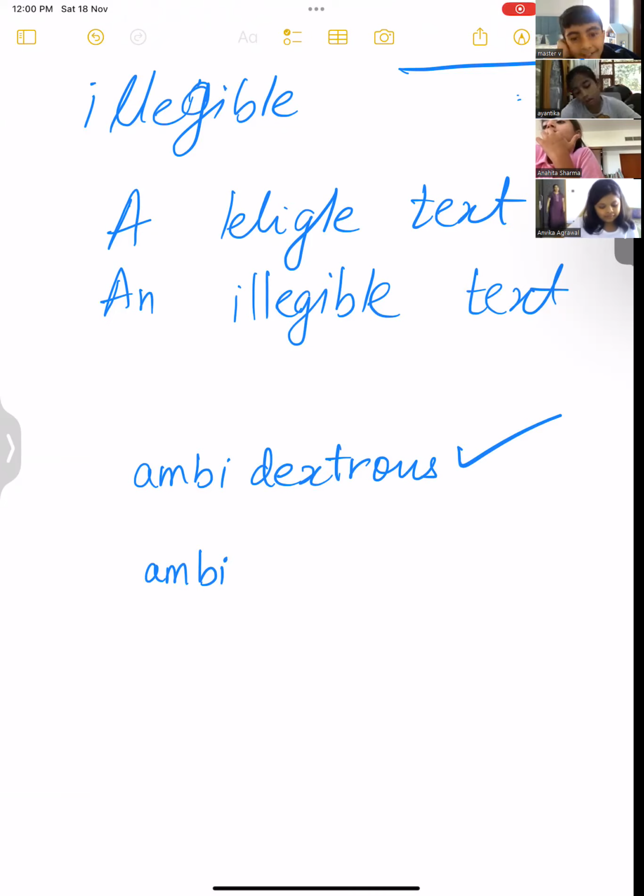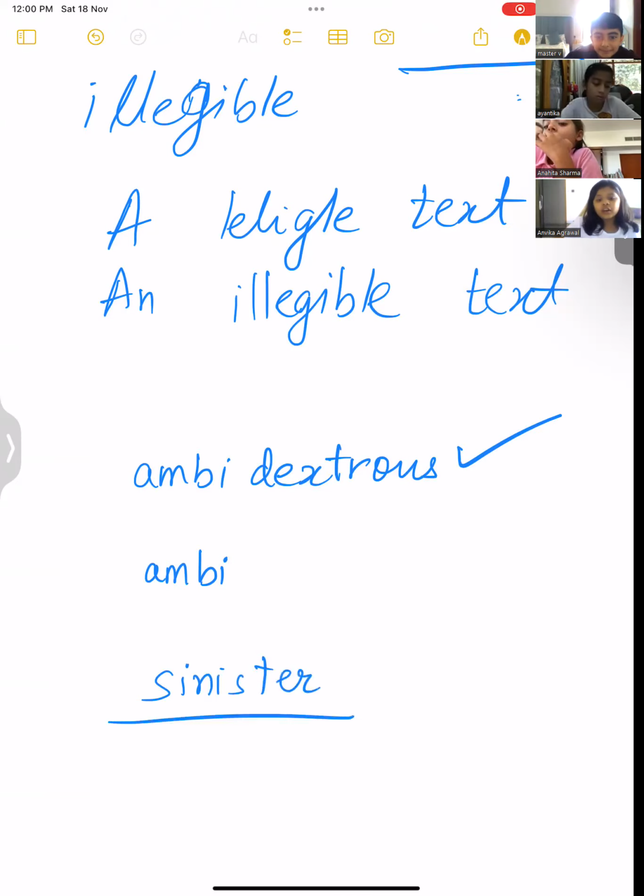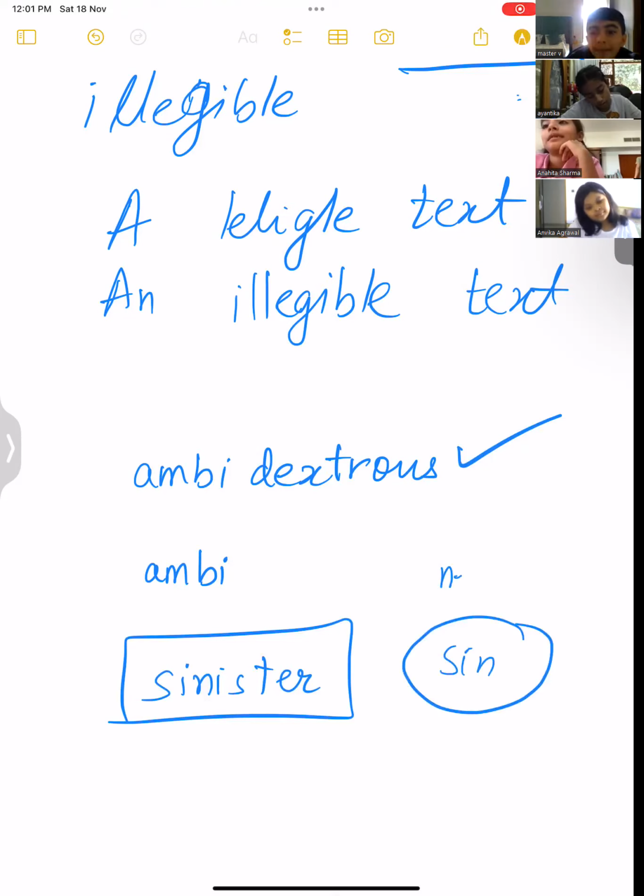Now, if a person writes with a left hand, तुमको पता है उसको क्या बोलते हैं बच्चे? Ma'am, lefty or left-handed? No, look at the word that I've written. Anaita, read out the word in the rectangle. Ma'am, sinister. Sinister. You know why sinister? Now, there is a logic behind it. Sabse pehle, if you have a look at sinister, it has a hidden word sin. And sin, now listen children, sin is a negative word, right or wrong? Right. Correct. Google करके check कर लो मैम ने correct बताया क्या?